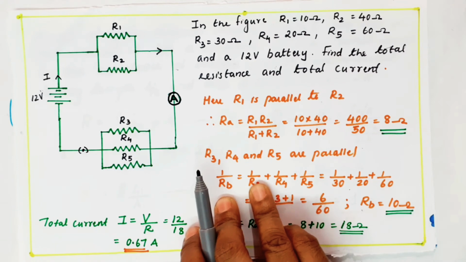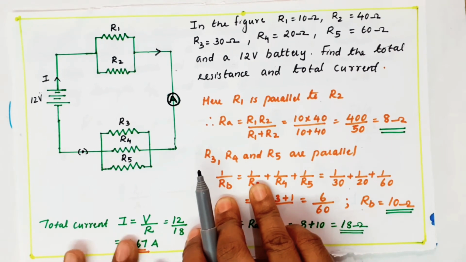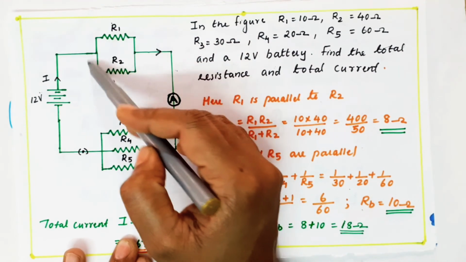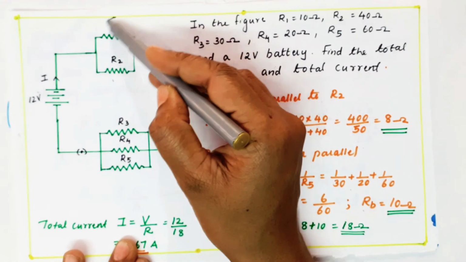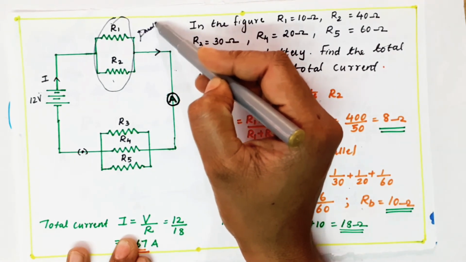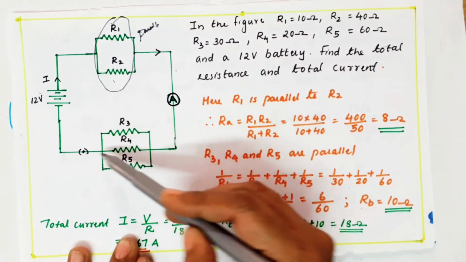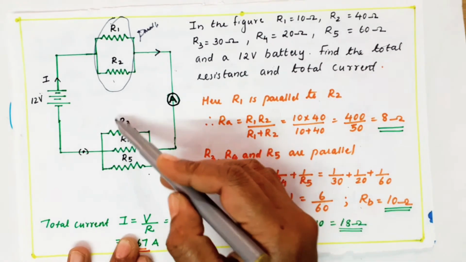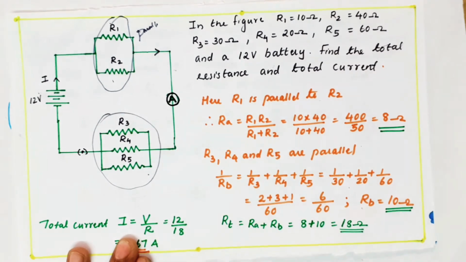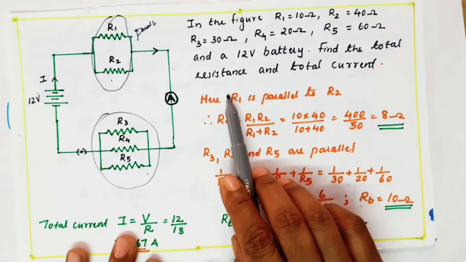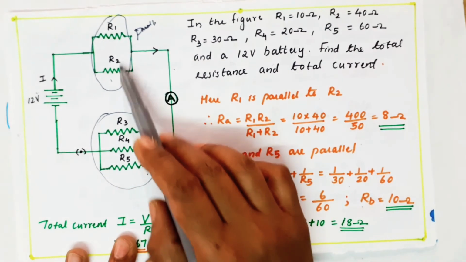So this connection you see. If you check this connection, you can understand that these two resistors, left hand connected, right hand connected. So these two are connected in parallel. Same way down, left hand, all are connected together. Right, all are connected together. So this is also connected in parallel. So that's what I wrote here, two cases. The first one, these two are connected in parallel.